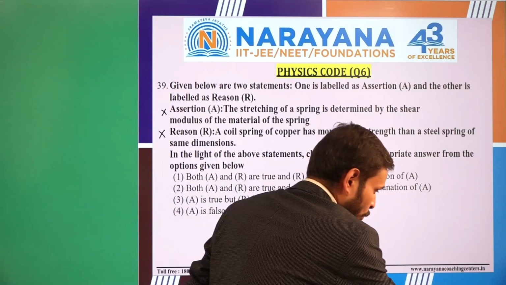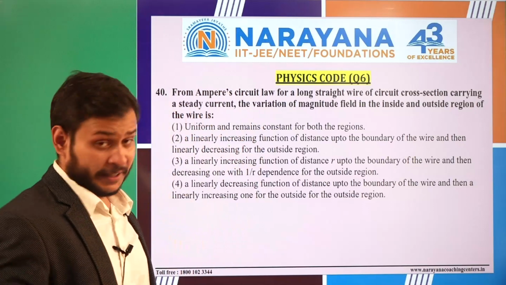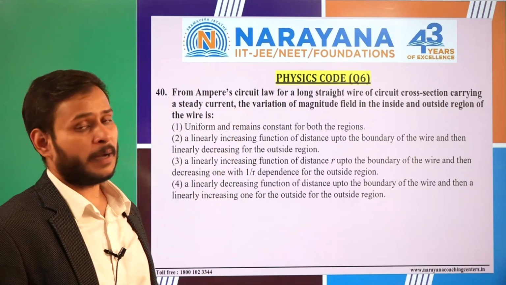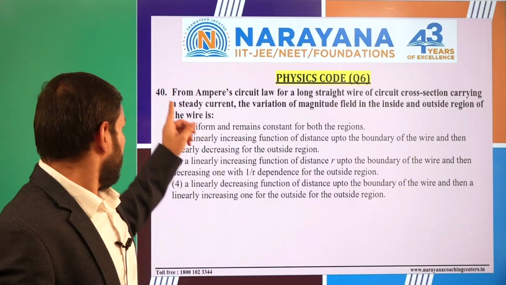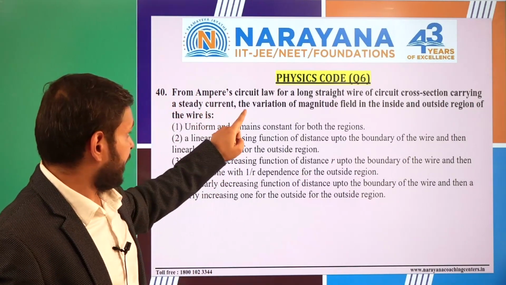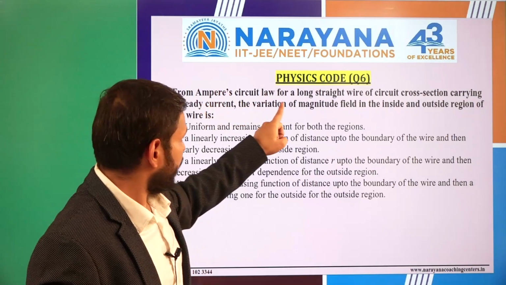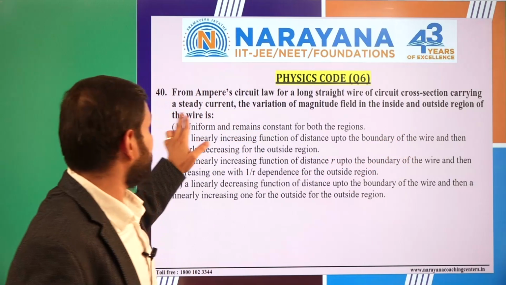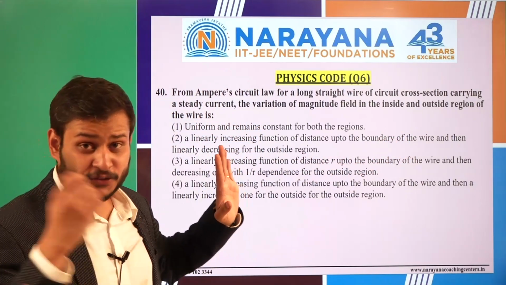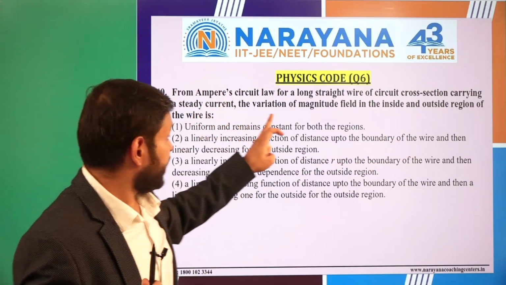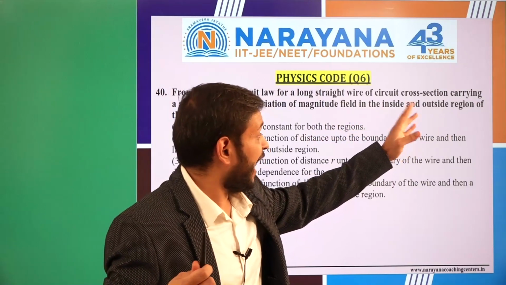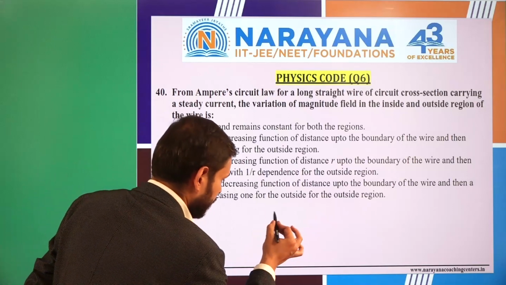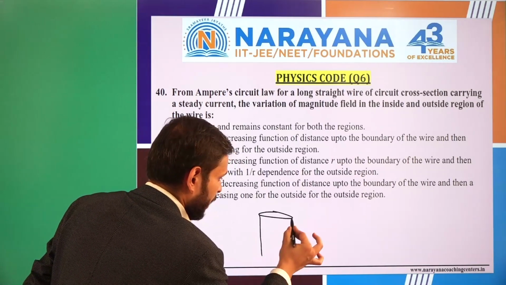Okay, let's go down to the 40th question. This is from the magnetism, and specifically from Ampere's law. From Ampere's circuital law, for a long straight wire of a circular cross section carrying a steady current, there is a current in the cross section as well. The variation of a magnetic field inside and outside region of the wire is, and we are given with certain options. So over here, let's draw one